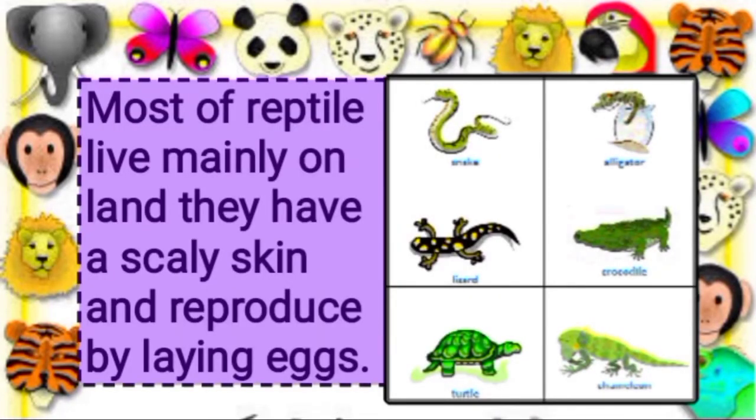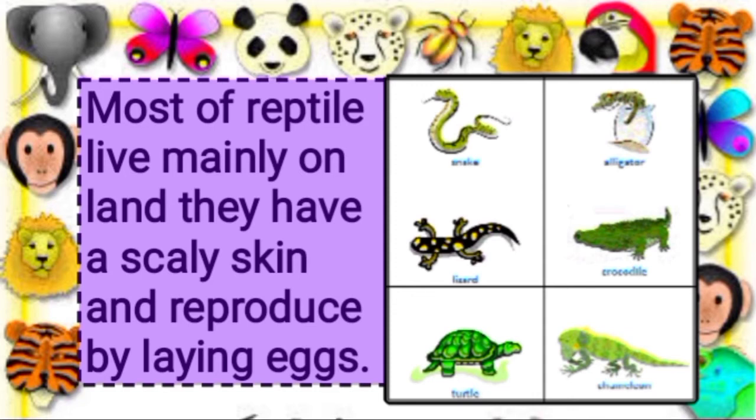Now let's understand about features of reptiles. A reptile is an air-breathing animal that has scales instead of hair or feathers. Reptiles have lived on Earth for more than 280 million years. They have a scaly skin and reproduce by laying eggs. Lizard, snake, and crocodile are reptiles,